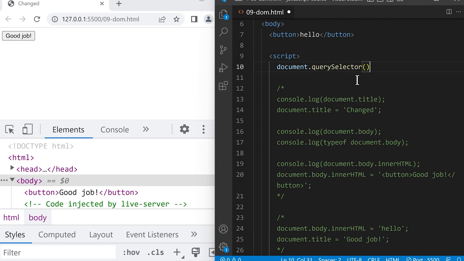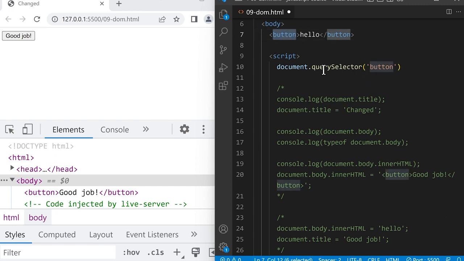So document.querySelector lets us get any element from the page and put it inside our JavaScript. Between these brackets, we're going to put a string. This string tells JavaScript which HTML element to get from the page. So if we type button, this will get the first button element from the page and put it inside our